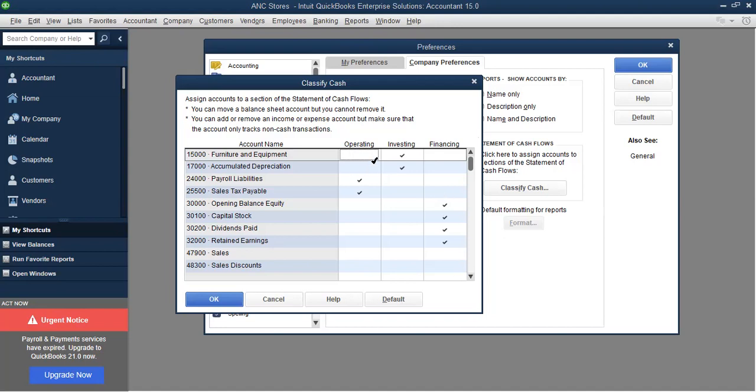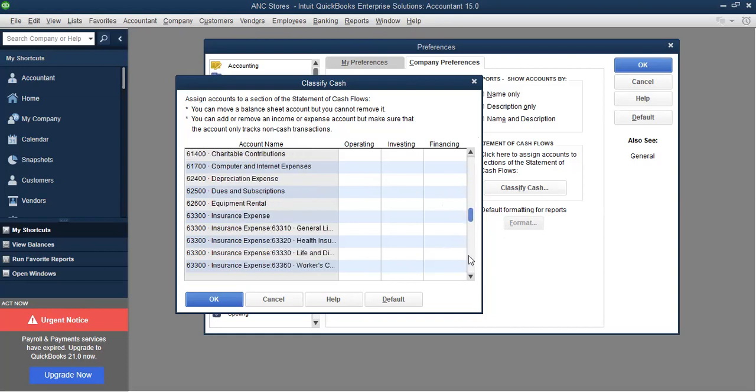So the ticks mean that if you go into the chart of accounts, the tax account, the payroll account, these are operating activities. Depreciation and fixed assets are investing activities. Dividends, capital stock and retained earnings are financing activities. So when you create an account, you need to check that the account from the chart of accounts is properly placed, so that when a transaction posts, the figure feeds into the cash flow statement.